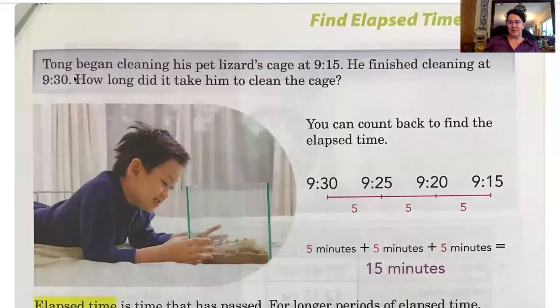So get out your math packet. You're looking at page 341 today. Page 341 in your math packet. Get that out in front of you and we'll take a look at it together. All right, your paper looks like this. Let's read it together at the top of the page. It says,